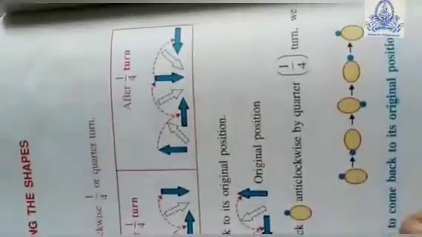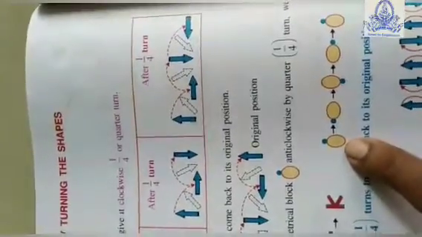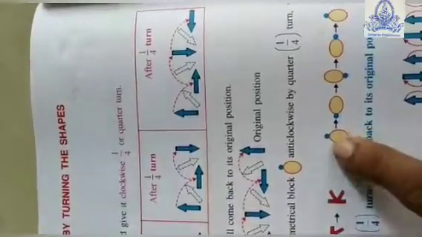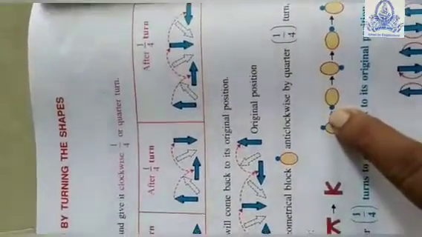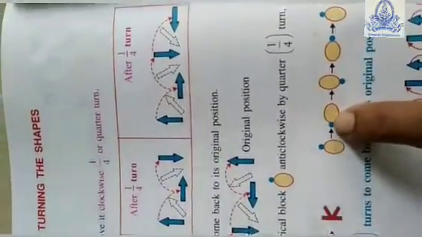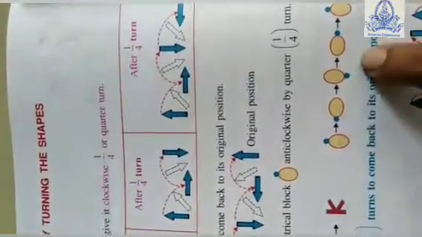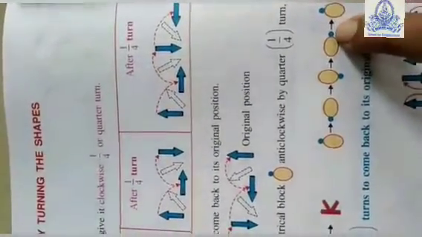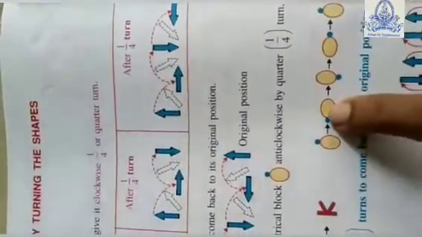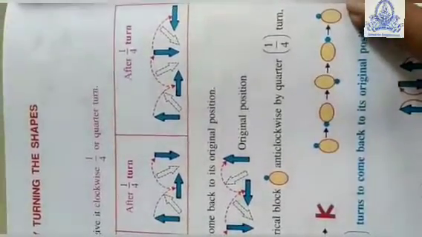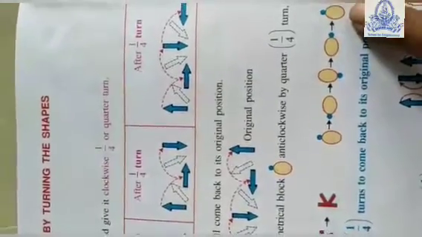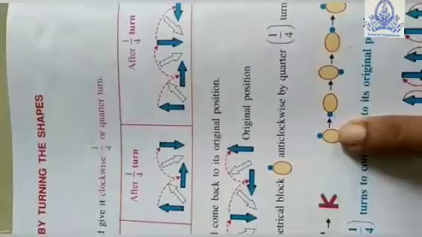Alright, then see, this is the geometrical block. If you move anti-clockwise, then this dot will come this way, first 1/4 turn. Then if you do it second time 1/4 turn, the dot will show downwards, then to the right side, and again upward. That is, this is first time, second time, third time, and fourth time. So 1/4 turn, at the fourth time it will look to the original position. Right? Understood?